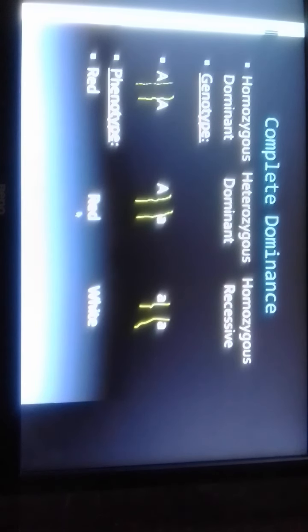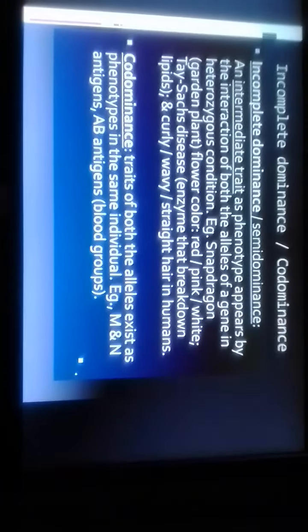that is red. So in the case of complete dominance, both homozygous dominant as well as heterozygous will be expressing the same phenotype, even though the heterozygous possess a recessive allele. But in the case of incomplete dominance,